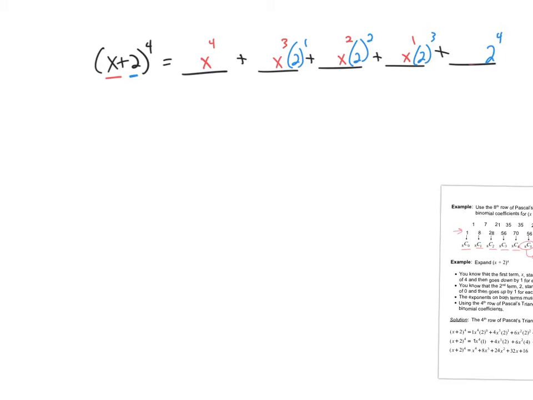Okay, so now I need the coefficients. So I could do it this way. This is 4C0, 4C1, 4C2, 4C3, and 4C4. So I could calculate all of those, or I could go back to my triangle